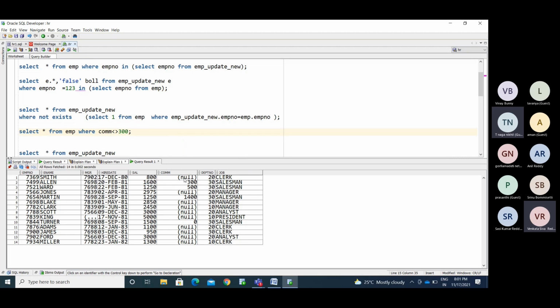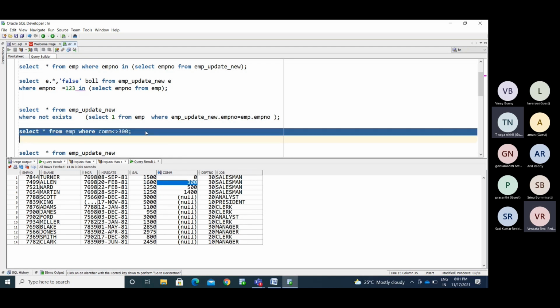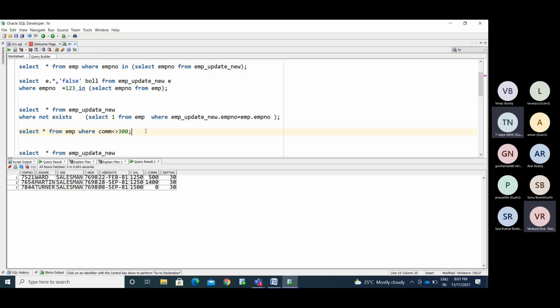Not equal to 300, in the sense, how many values do we have? Total 14. Out of this, one record has the 300, so you are excluding that. So see here, you will get only three records. So you are not getting the null values in this.